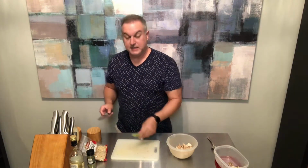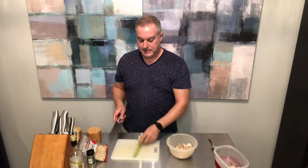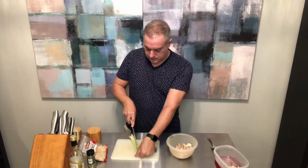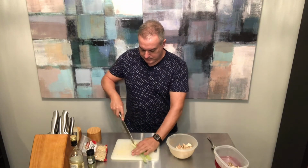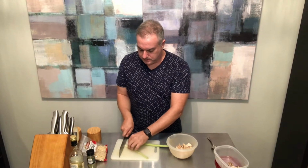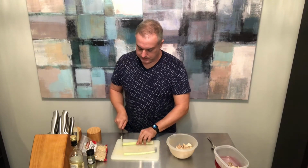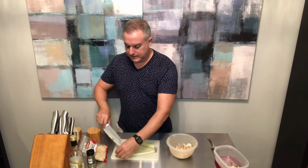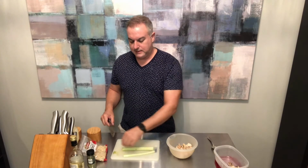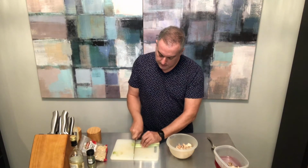There we go. Now, I've got 1 rib of celery. I think that's going to be plenty for what I'm doing today. And I'm going to cut the full length of the celery stalk to bisect it, basically. Take off the ends. So clean ends on your celery. Again, I'm just trying to get this down to the same size as the chicken, basically. And then I'm just going to do a rough chop all the way down